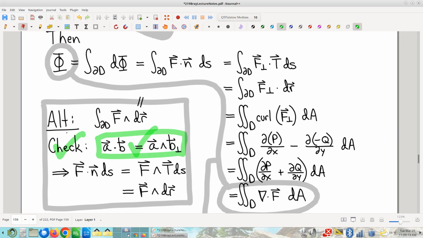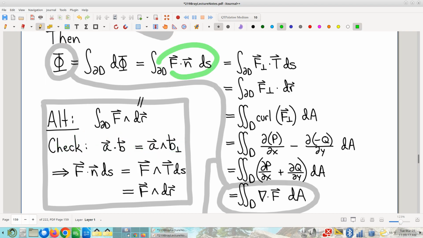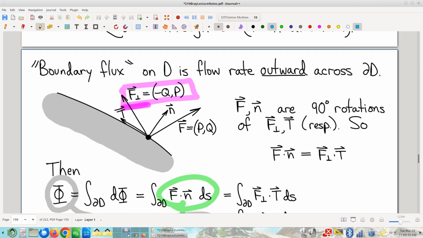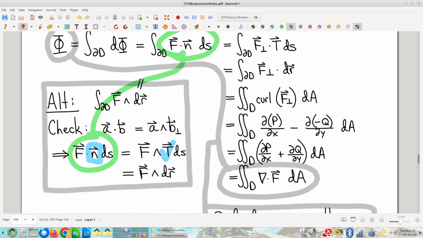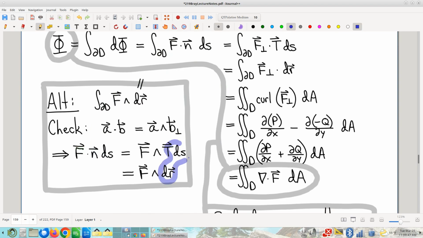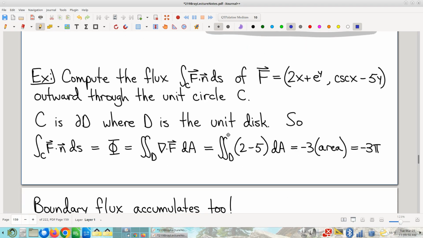And when you apply that to this, what happens when you rotate N 90 degrees counterclockwise? Well, it rotates to become T. And again, geometric appeal, you can see it right here. There's your N. And when you rotate 90 degrees counterclockwise, check it out, it becomes T. So it just kind of works out nicely like this. And, of course, T ds is dr, and thus the wedge dr right there. So, like I say, alternative notation. Okay, let's see an example.